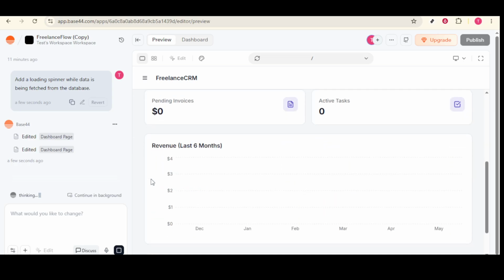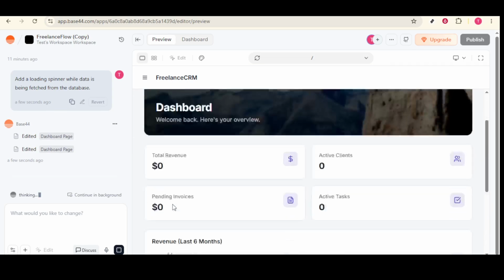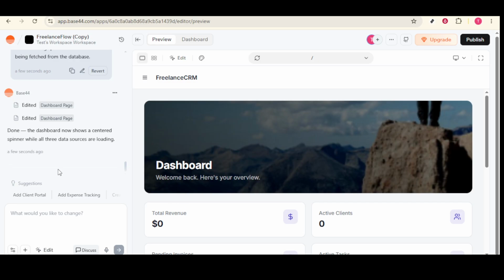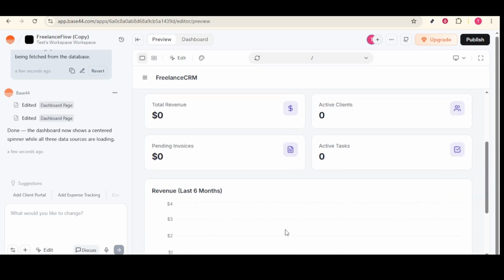Once applied, it's always a good idea to test the integration. Begin by running a scenario where the database is queried. Observe if the loading spinner appears promptly and if it turns off as soon as the data is fully loaded. This part of the process is vital for ensuring a smooth user experience, as it aligns exactly with your initial